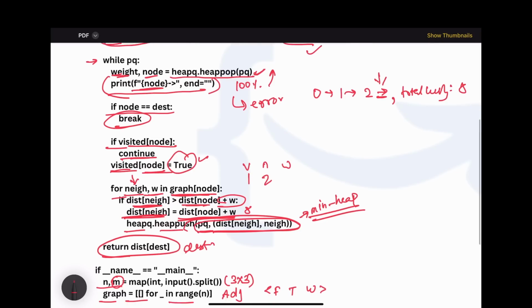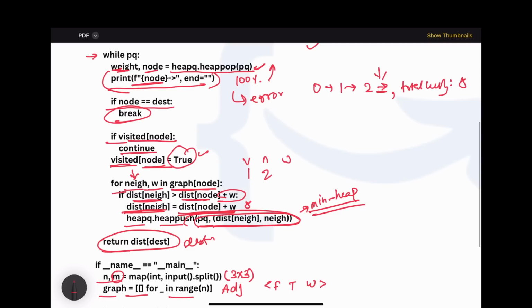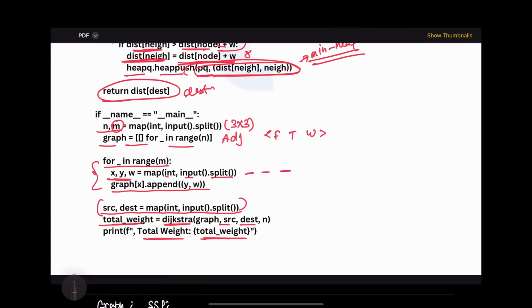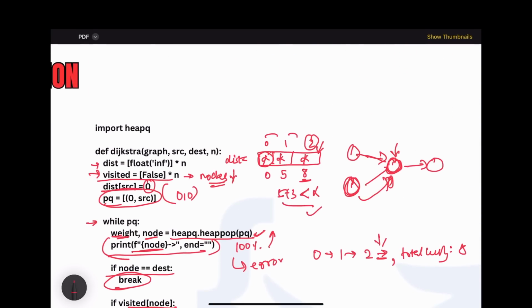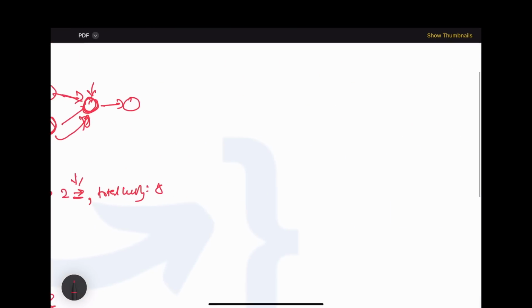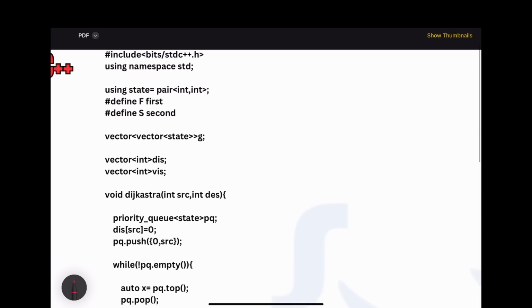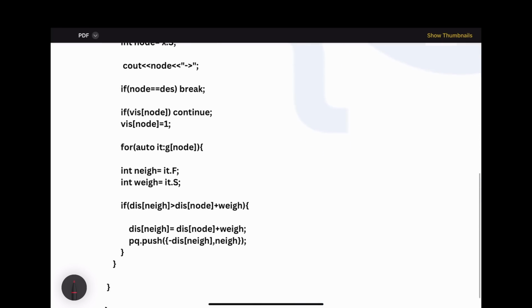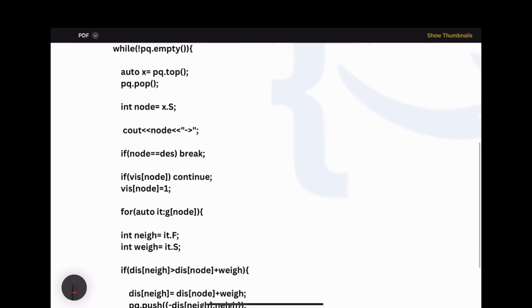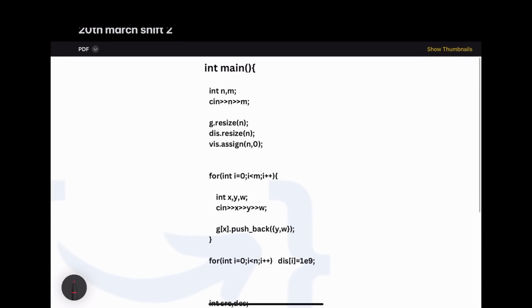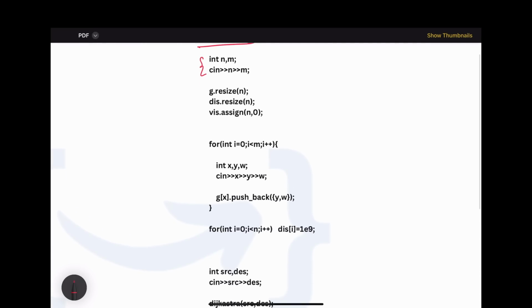Okay, so I will show you the executable code as well, so that we'll have a better idea. Okay, so now this is the code of Python. Now in the Java code, C++ code, let's discuss the C++ code, which is also very similar. Yes, here is the int main function. This function will take a column matrix value. Then we have resized our graph and distance matrix and visited.assign, which means all the values should be assigned as